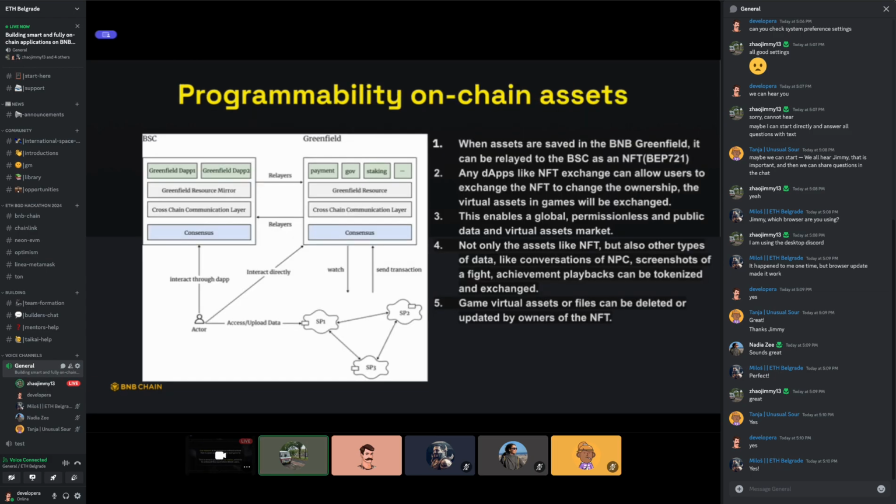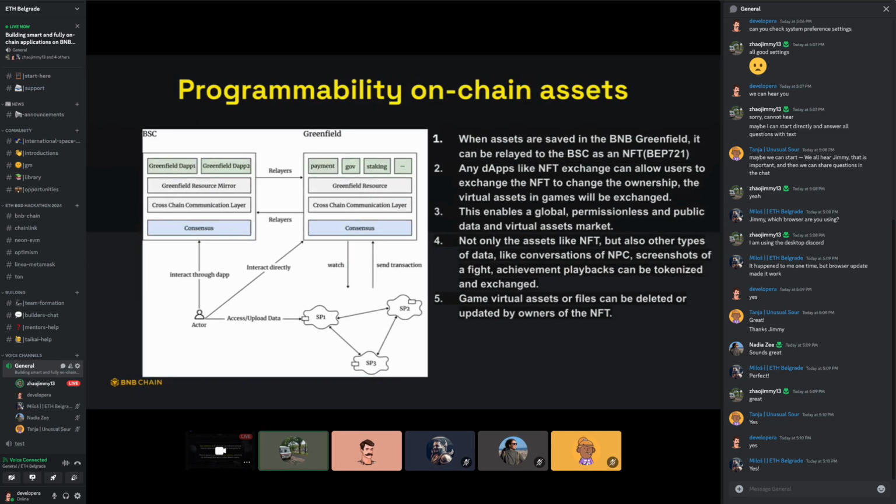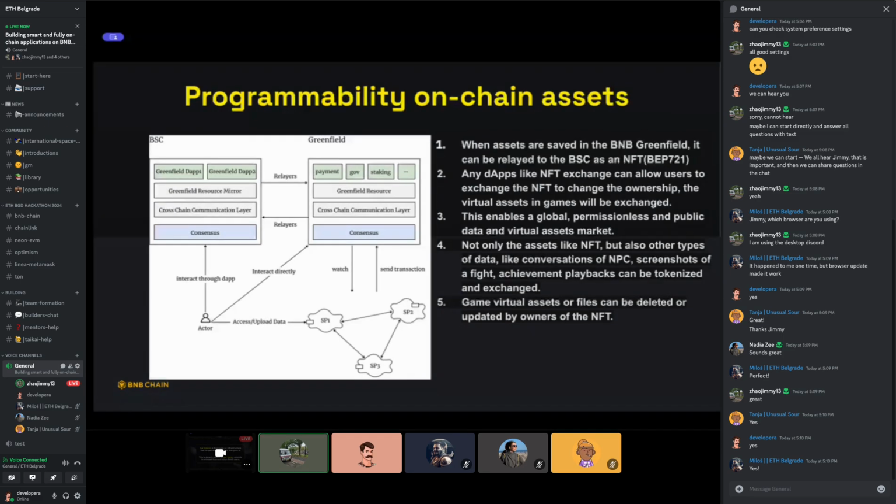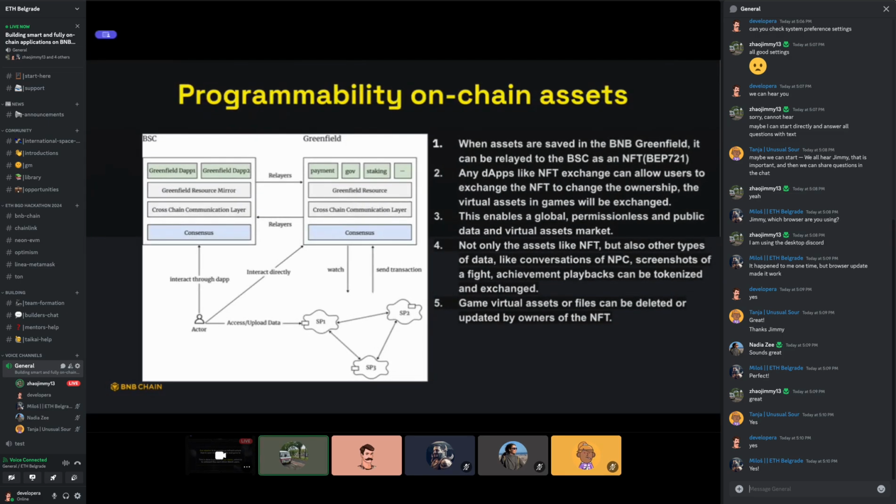So this is the detail of the programmability. On the left hand side, I take the BSC as an example. Between the BSC and Greenfield, there is a relayer layer that can relay the transactions or events from the BSC to Greenfield and back and forth.